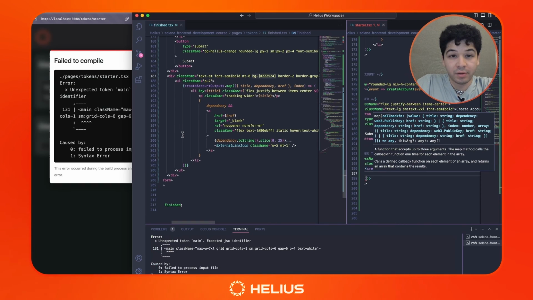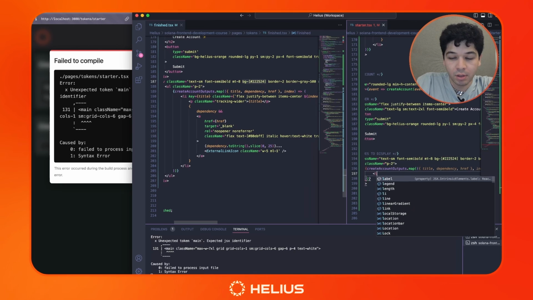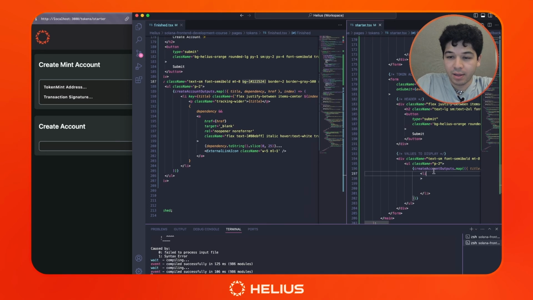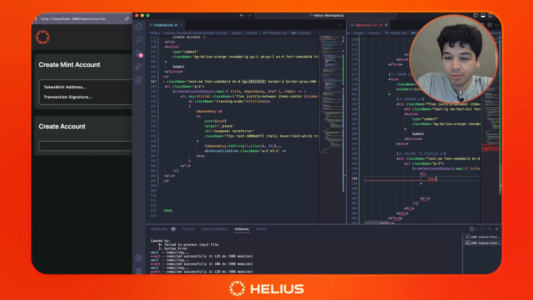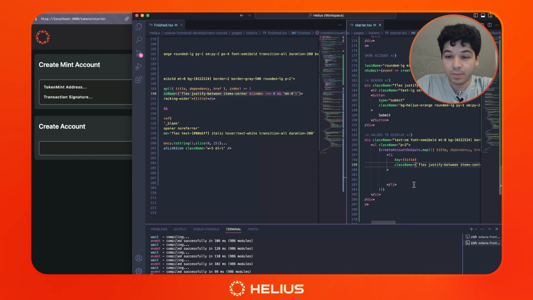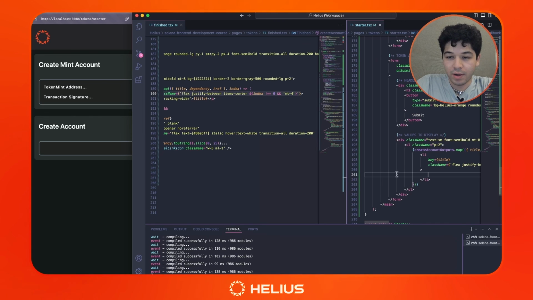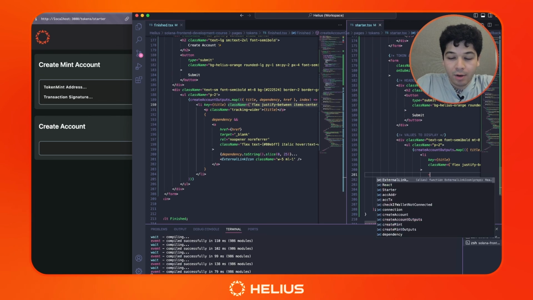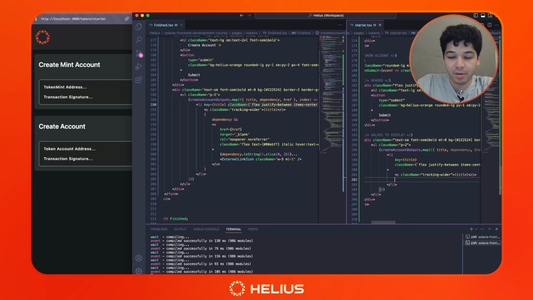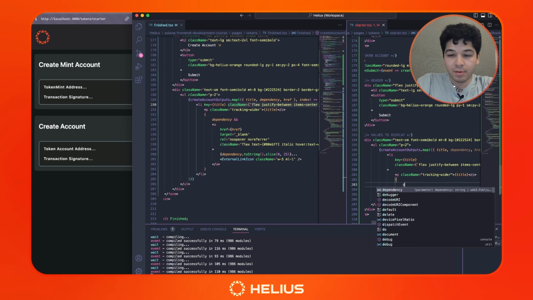Let's open up a pair of parentheses to implicitly return a list item. Each list item is going to take a key. We're just going to feed it the title as a key and some styling that is conditionally adjusted. And you can go ahead and copy and paste that. I won't hold it against you. And now we're going to add a p tag. We're going to insert the title. We're going to give that a little bit of styling, some letter spacing. Then we're going to open up some curly brackets